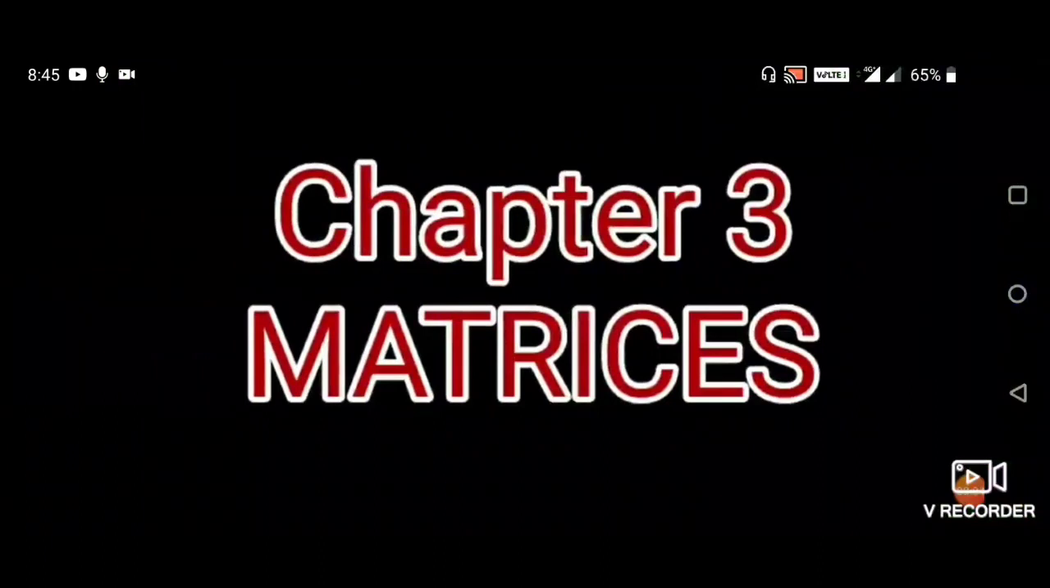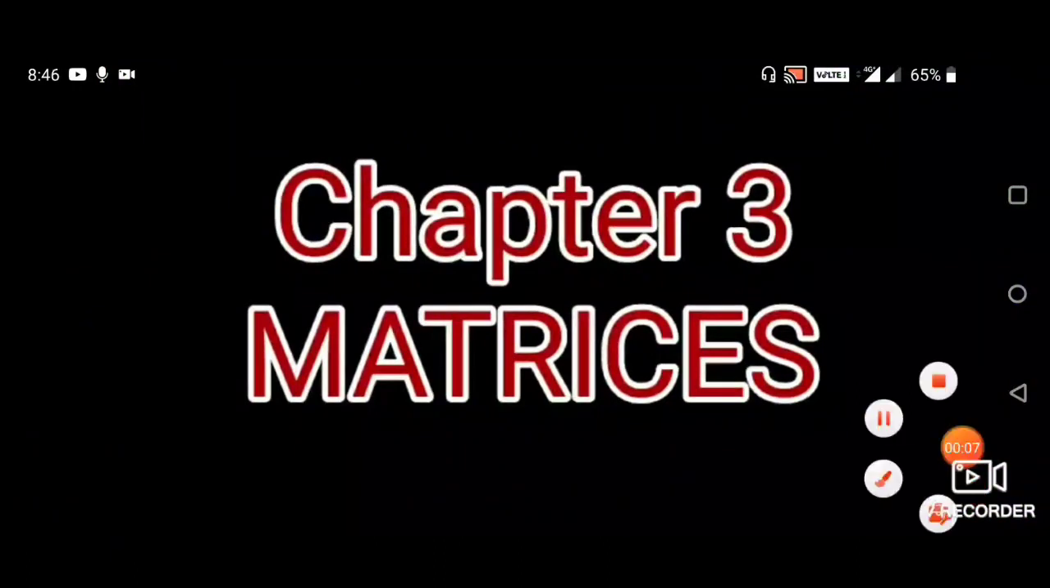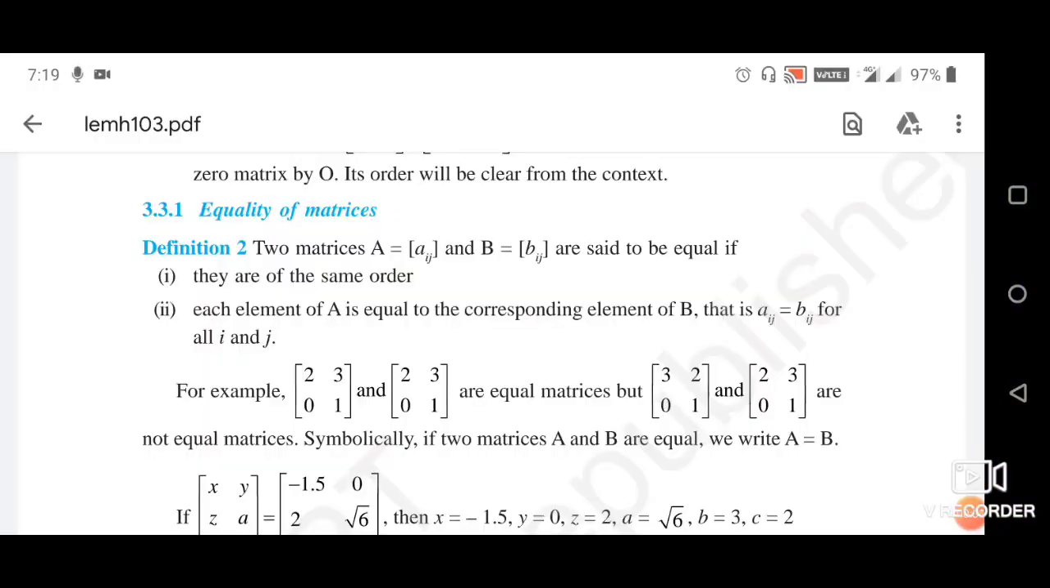We are doing chapter 3, Matrices. Today we will learn equality of matrices. So in definition 2, it is given that two matrices A, where the elements of A are denoted by small a_ij, and matrix B, where elements of B are denoted by small b_ij, are said to be equal if they